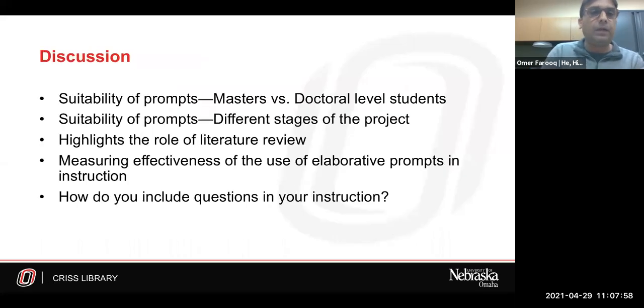Next, please. So with these prompts in mind, we want to highlight a few things. Suitability of prompts is the first thing. As we mentioned earlier, some of these prompts are better suited for master's degree programs where the master's thesis is a condensed research project where students are